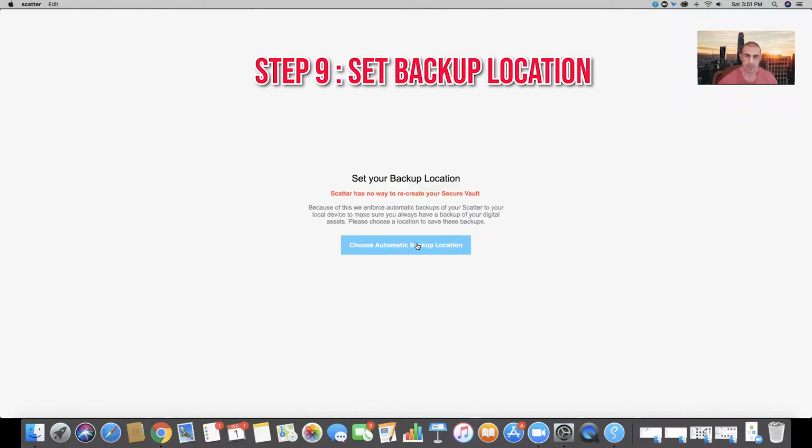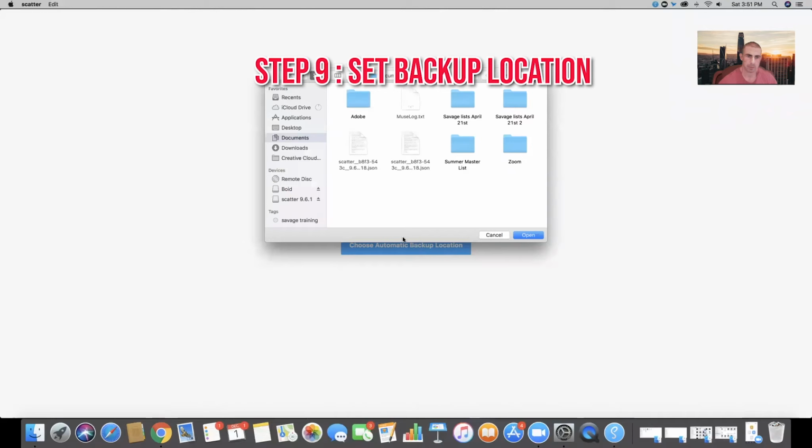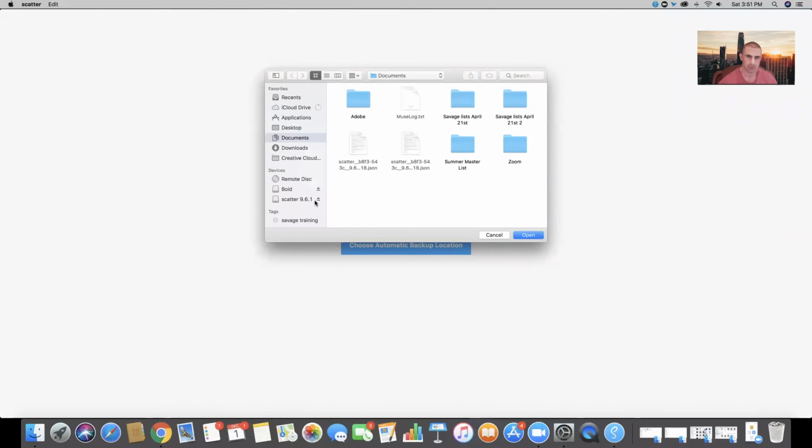a backup location, so you can choose your backup location. I do recommend that you move that to a private offline drive, which you can do. And once you've set your location,